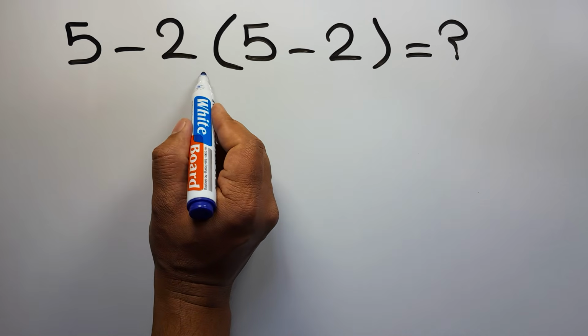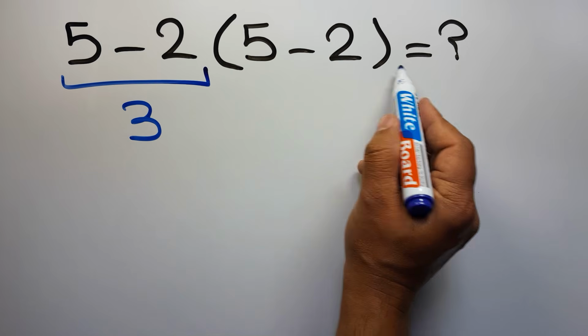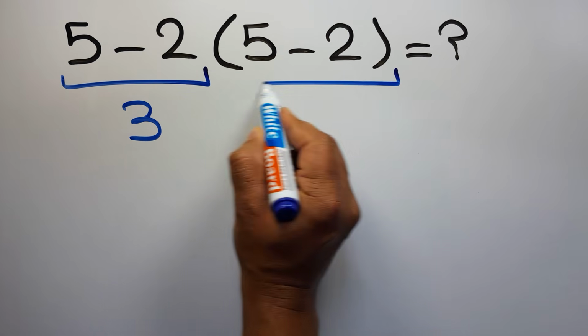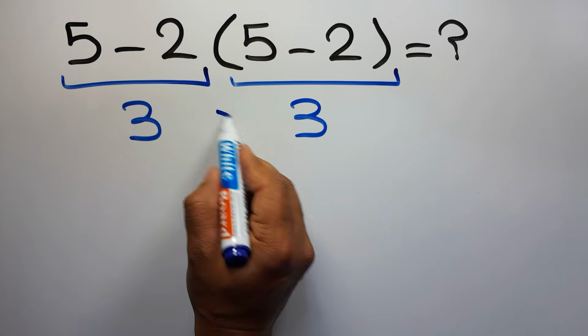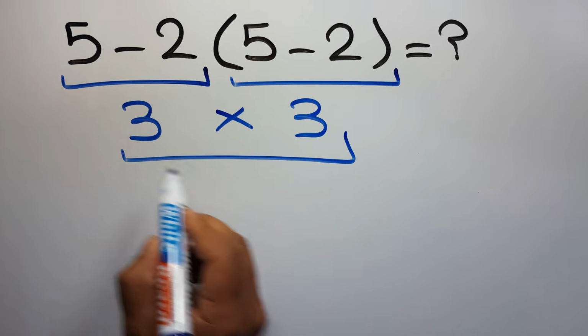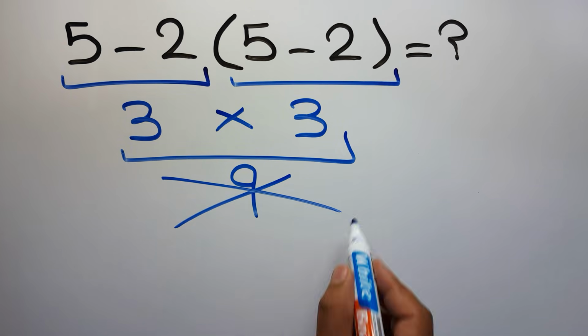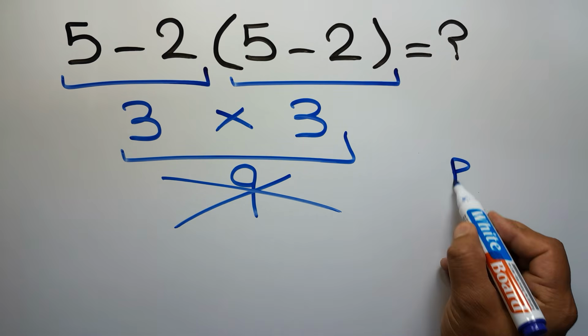5 minus 2 gives us 3. And again here inside this parentheses, we have 5 minus 2. So 3 times 3 equals 9. But this answer is not correct because according to the order of operations, which is PEMDAS,